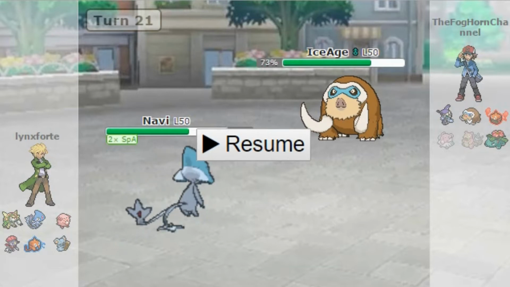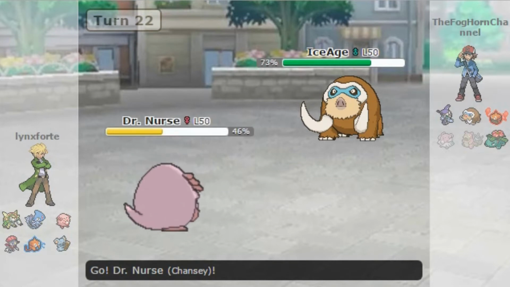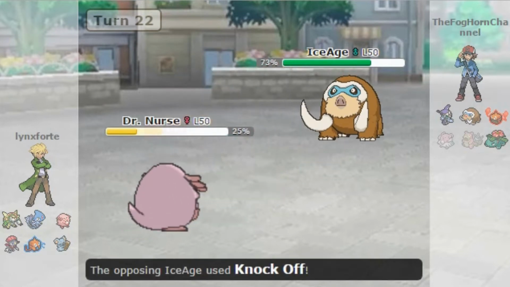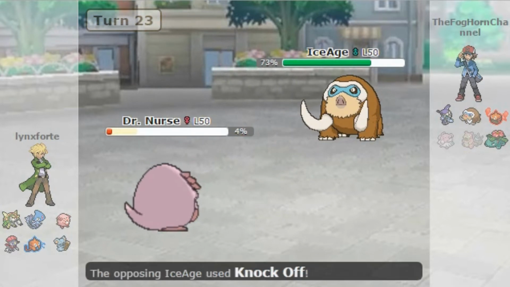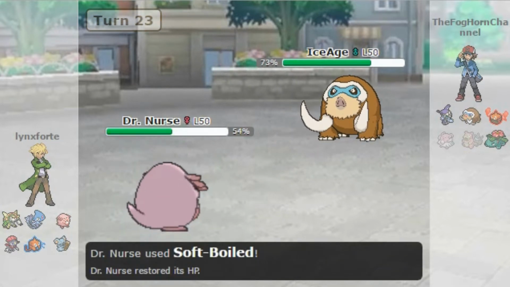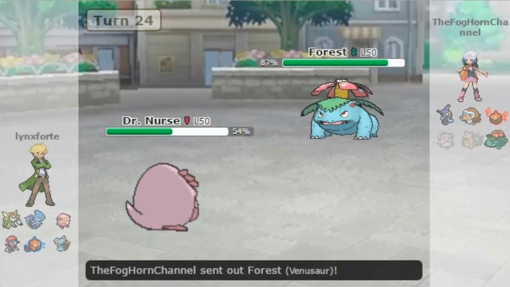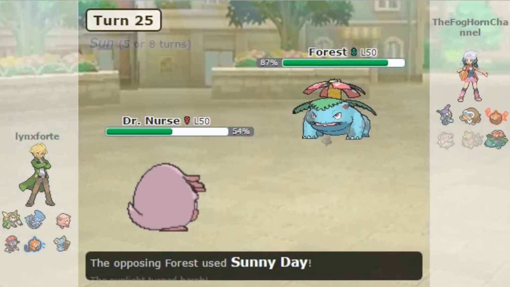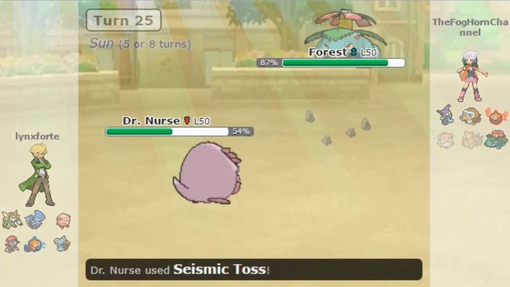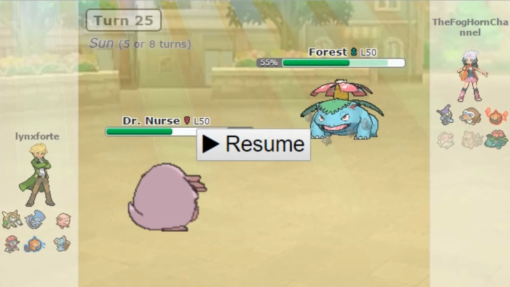So yeah, he goes into Mamoswine, and I'm just like, I don't want to take a Knock Off, so I'm just gonna go into Chansey. Even if he had clicked Earthquake predicting Chansey to come in, I was fine with it. I knew I could take two Knock Offs because after a couple of damage rolls, I realized, okay, he did 20%. He had to be Jolly because I think Adamant did a minimum of 23%. So I was fine with it. And this was another thing. So in the Wi-Fi battle,